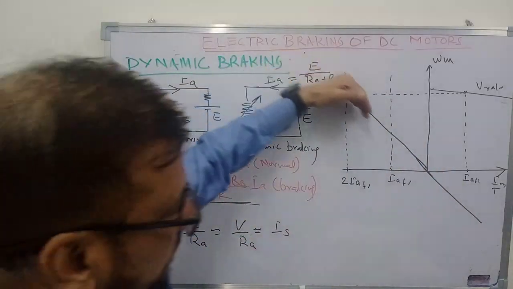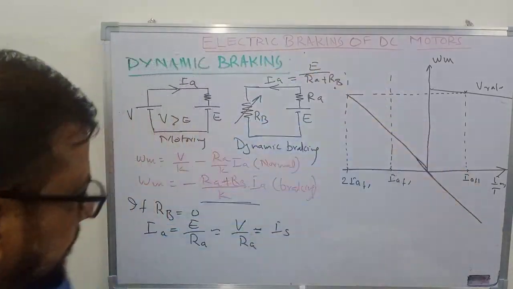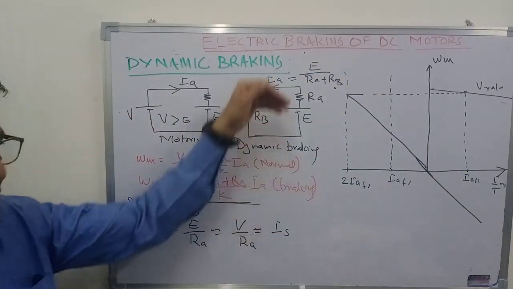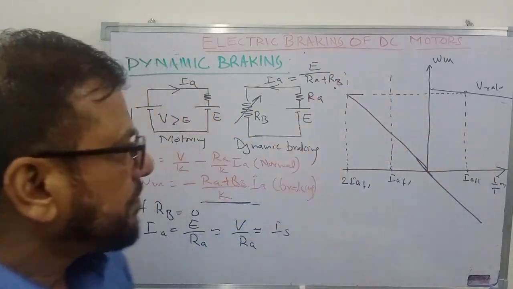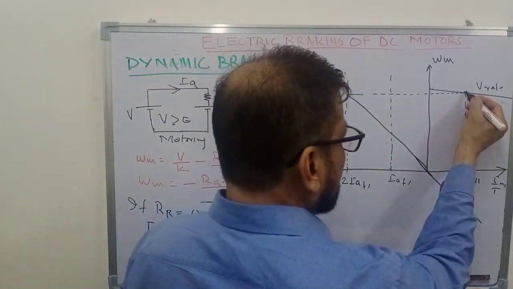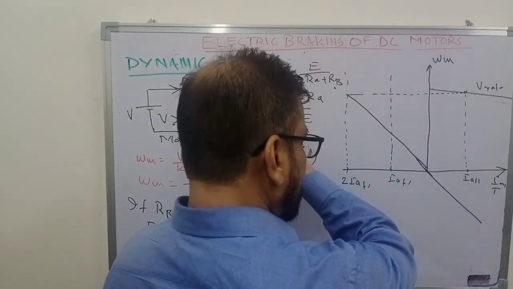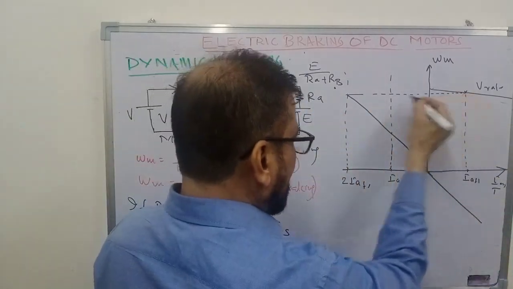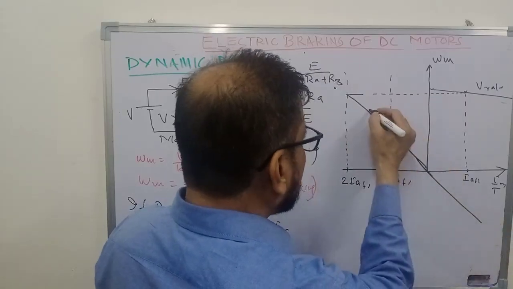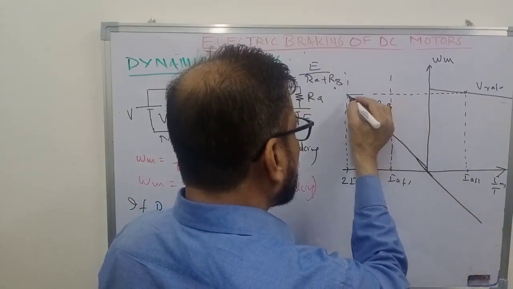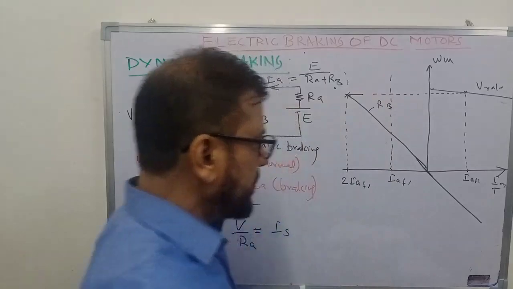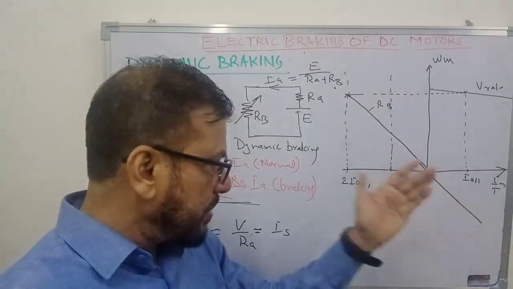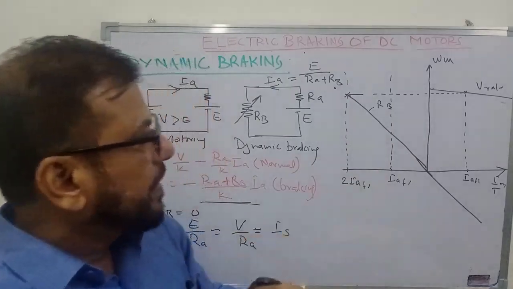So this is the slope, a negative slope, minus (RA plus RB) upon K, is the slope of this characteristic. So you are operating here and suddenly you have made this change. Speed will not change instantaneously. At the same speed, on these characteristics with resistance RB, you have this operating point. So as soon as you do this, current reverses and becomes equal to twice the full load current, and you